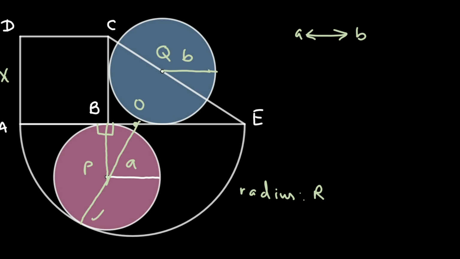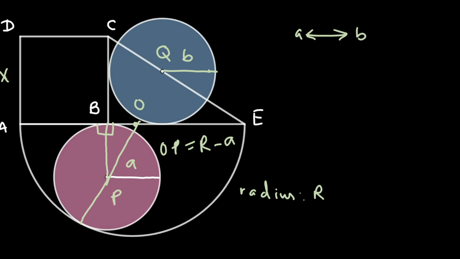Okay, now this particular distance is the radius of the pink circle, that is having a value A. The distance from the tangent point to the point O is ultimately the radius of the semicircle. Therefore the remaining distance, that is OP, would be equal to R minus A, the radius of the semicircle minus this distance that was equal to A. Okay, now what can you say about the height? So it is ultimately the radius of this pink circle, hence it would have a value A. Let me just remove this P from there and write it over here.